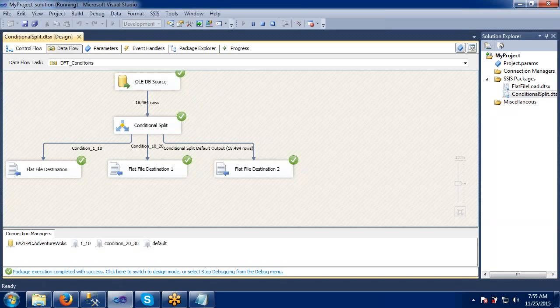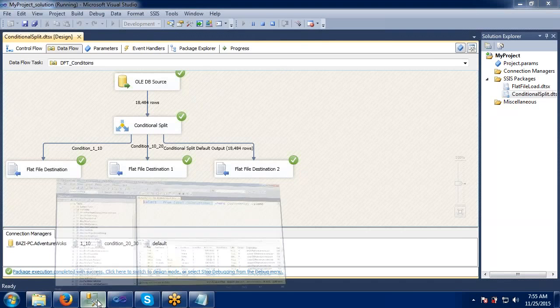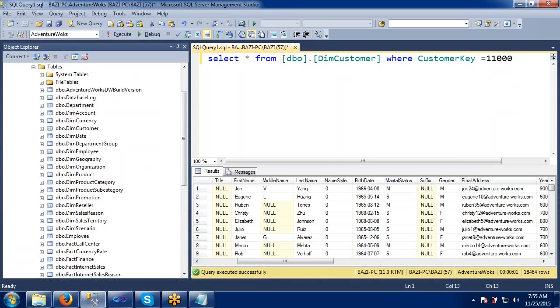So this is where the condition has been satisfied. I guess there is some issue with this conditional split. No records have come to the first file, no records here. All the records have gone by default to the default output. Why like that? We will see here. First we will check what values are available for the customers.